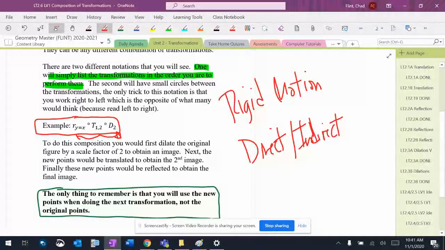So try a few of these out. Make sure you try some of the level 2 problems because they're a little bit harder, a little bit longer. But if you know how to do the three or four kinds of transformations that we've been dealing with, these should not be any kind of a